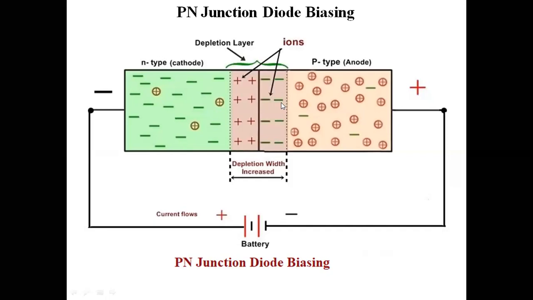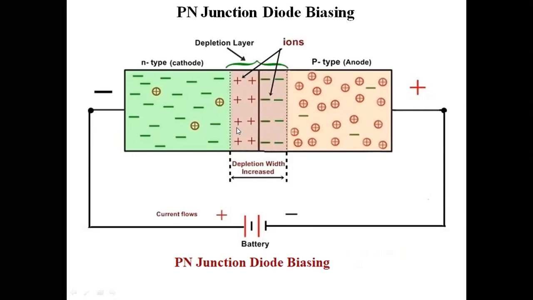Whereas in reverse bias condition, this is the negative terminal, and it is given to the positive terminal of the battery, and this positive anode terminal is given to the negative terminal of the battery. Then the depletion region keeps on increasing, and there is no further diffusion of charge carriers across it. Only a very small amount of charge carriers will flow in this reverse bias direction, and the flow of current is almost